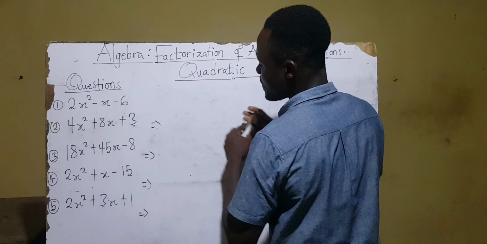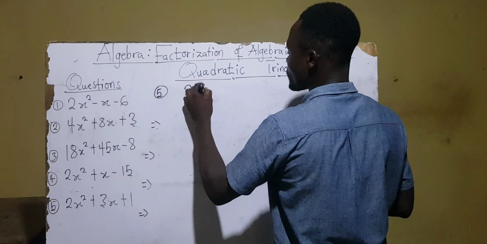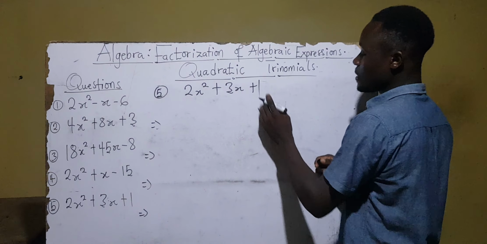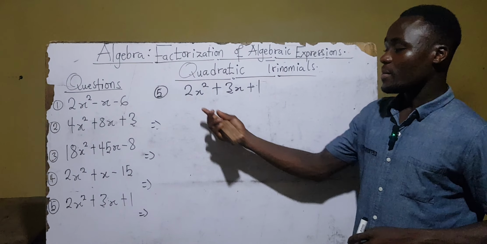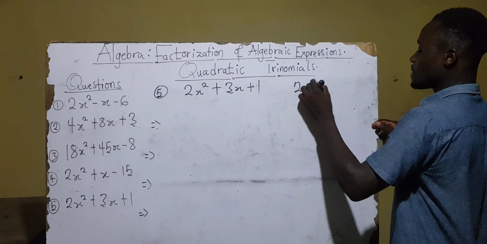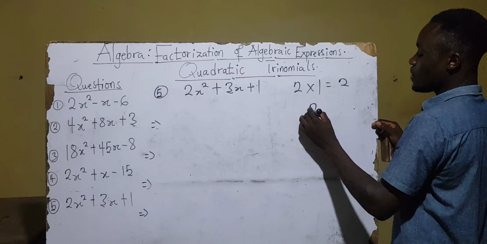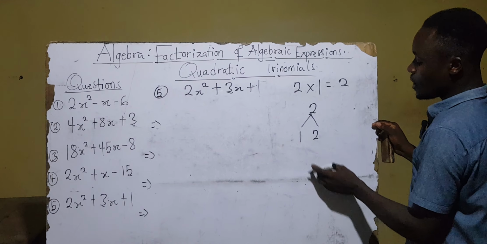So my question number 5, we have 2x squared plus 3x plus 1. We said that to factorize this quadratic trinomial, we consider the coefficient of the variable squared, which is 2, multiplying the constant, which is 1. So 2 times 1 gives us 2. We now move ahead to find the factors of 2, where we are getting 1 and 2. When we multiply 1